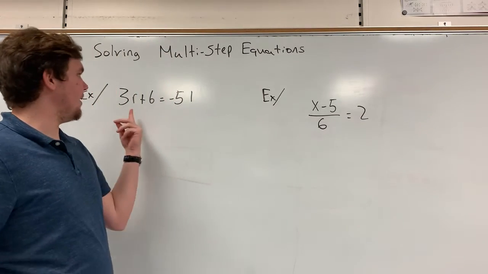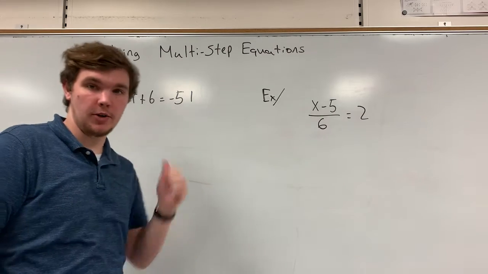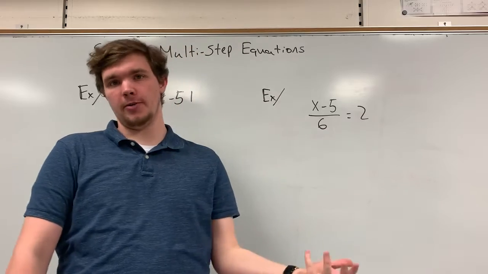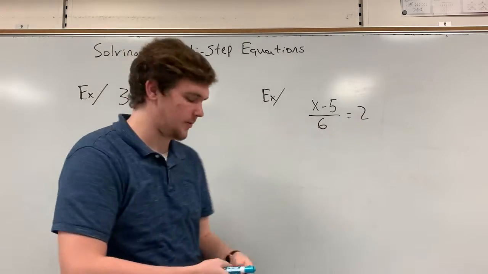So first I have this 3r plus 6 equals negative 51, okay? So again, I'm trying to get r by itself because r is an introvert, right? R wants to be alone, completely isolated from the rest of the world. So,